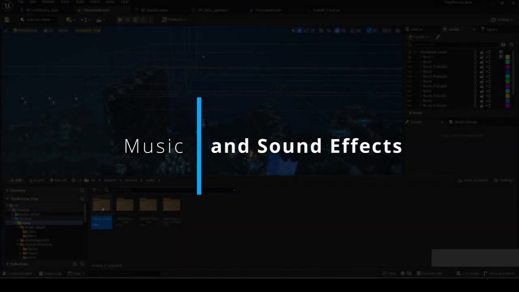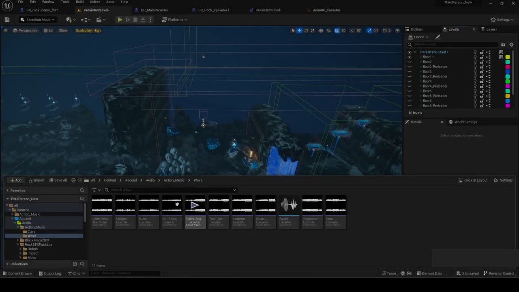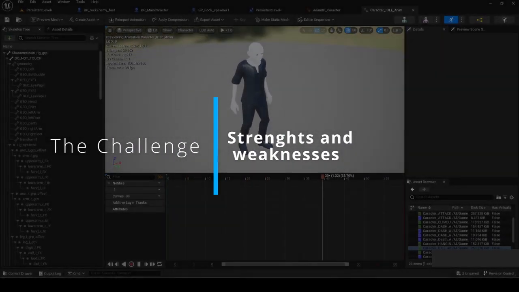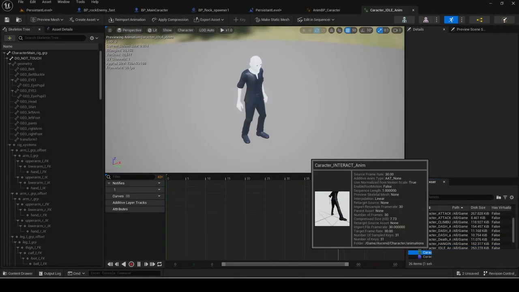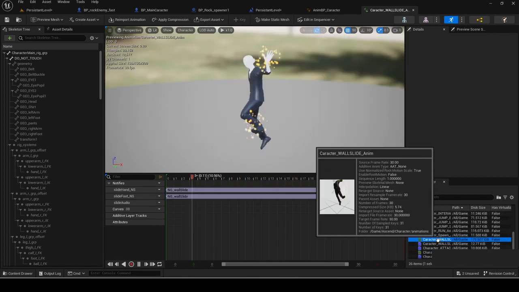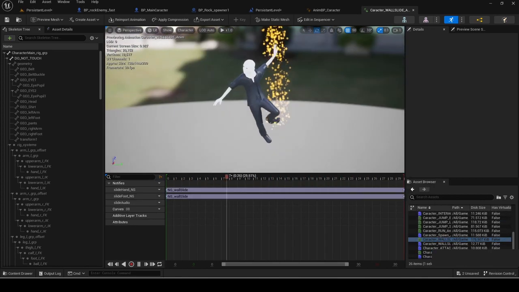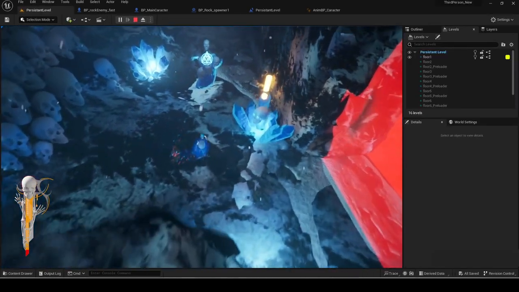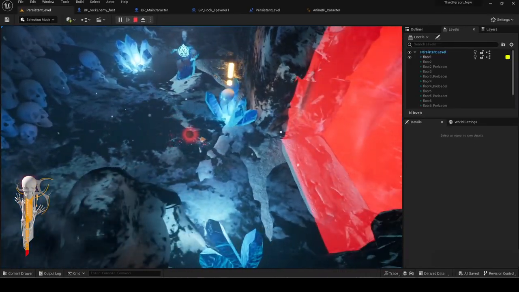Music and sound effects in the game are very important, and for me, it was a borderline impossible task. When I began making my game, I knew that the sound effects and the music were going to be a big challenge for me. I've made 3D characters and animations for years, so that was something I was looking forward to. Making a character and having it respond to inputs in the game was such a cool thing to do.